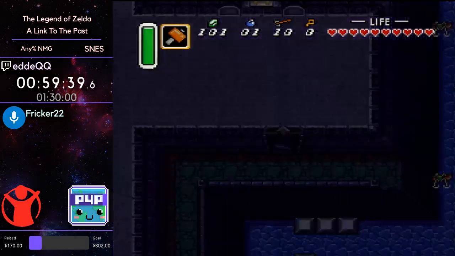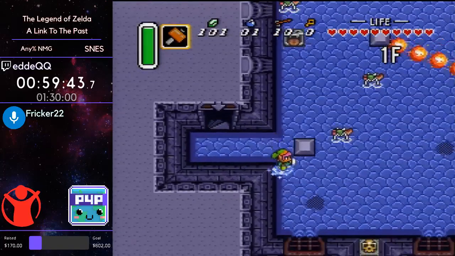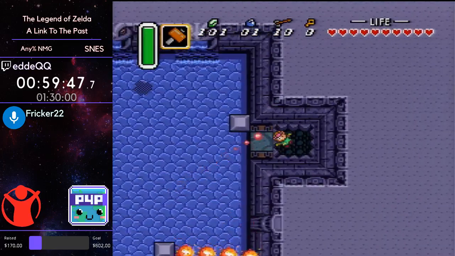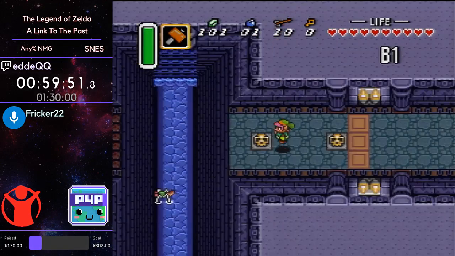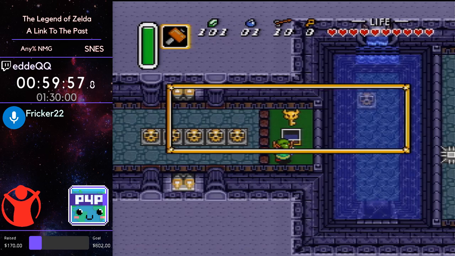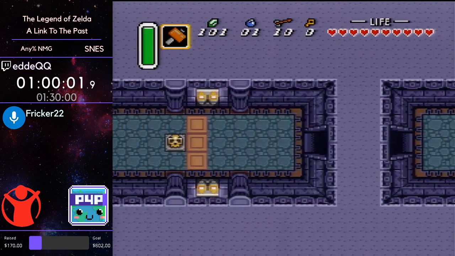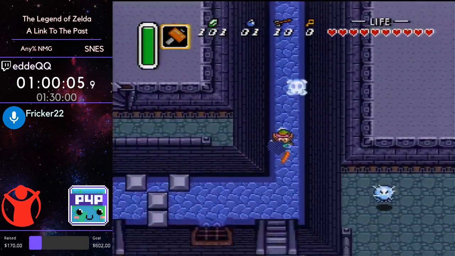Doing some hammer dashes through the pots there. All right, we're gonna make our way back through here so we get the big chest. And if I didn't mention it before, which I probably should, swimming in this game is kind of goofy. So,